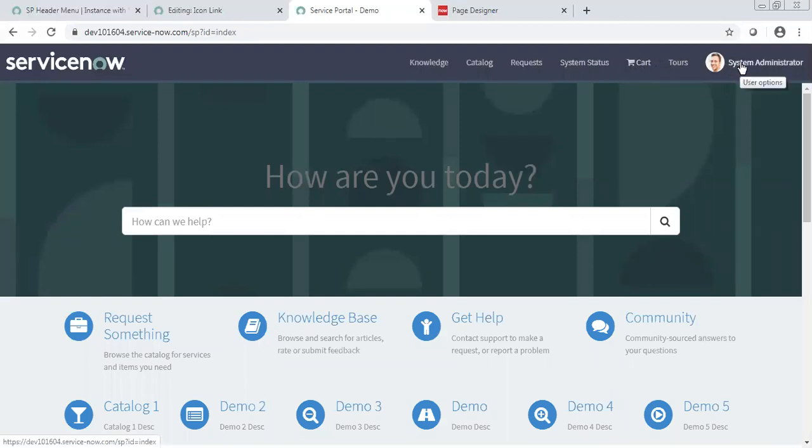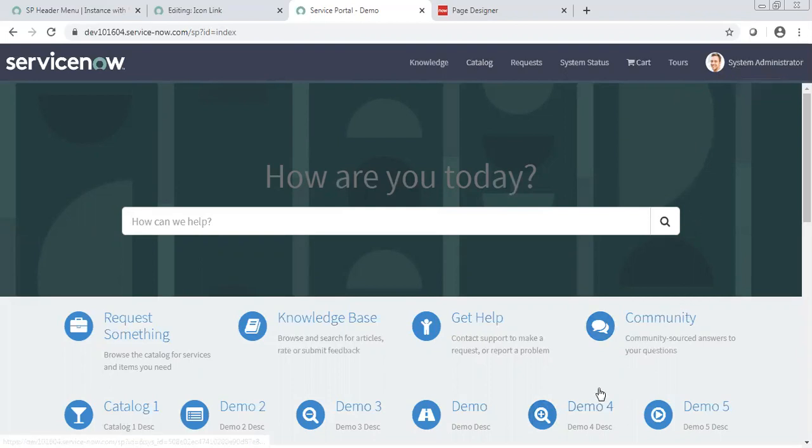Chat feature, again, is a kind of link that is not part of service portal. That is another feature of ServiceNow. If you activate the plugin, you will see one option here which will say chat. It is altogether a different feature that is not part of service portal. It just gives you the link, because all users end up coming to this portal to raise something or to see the status. That's why we put a link here for the chat feature, and the user can use it to talk to an agent.